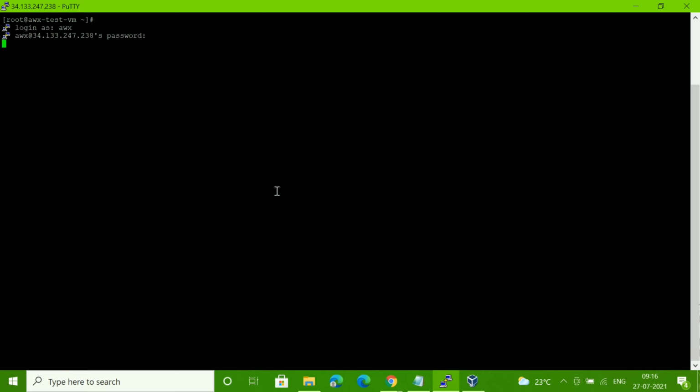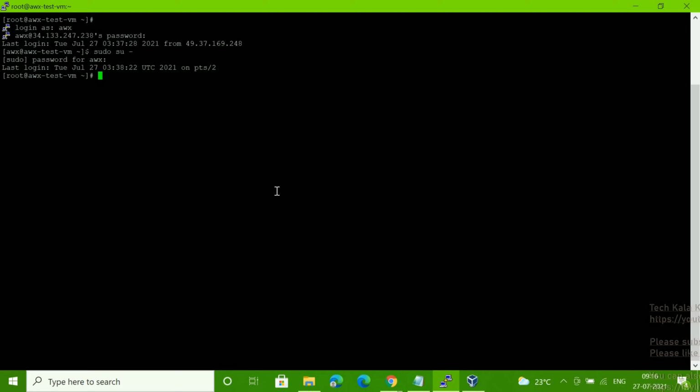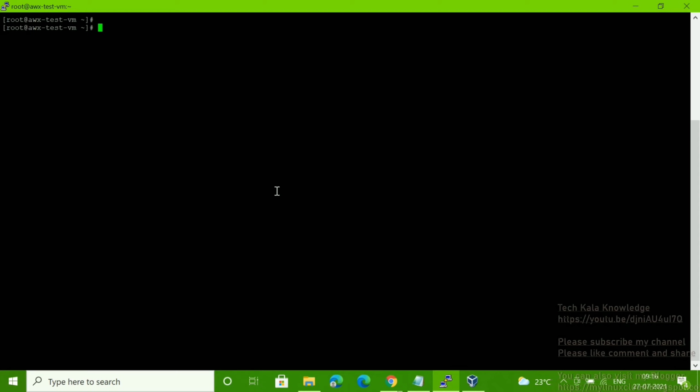Keep that in mind. And one more thing, when installing the packages and software, make sure your user has sudo privilege. Otherwise it will not allow you to run, because we are going to use some admin commands here. Okay, fine.